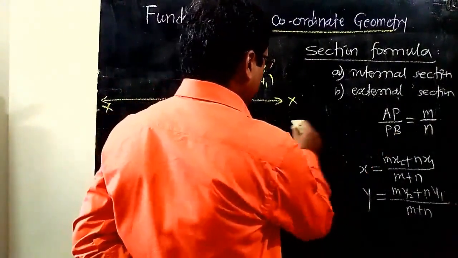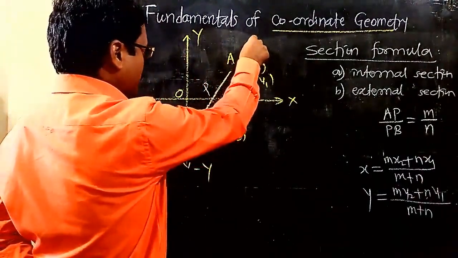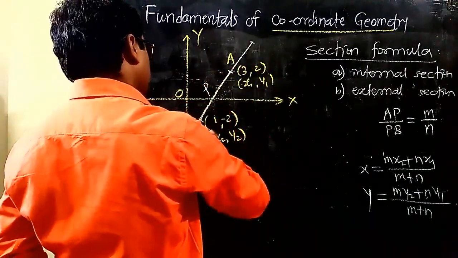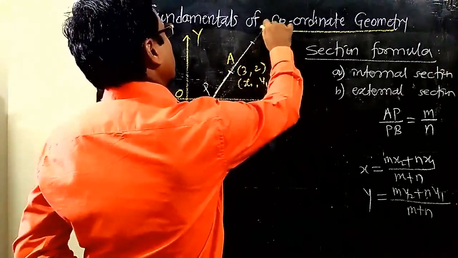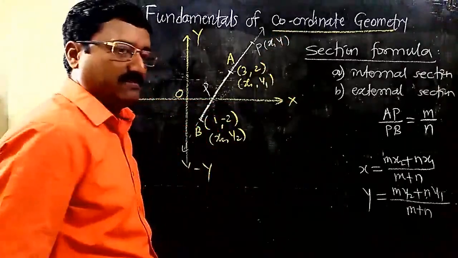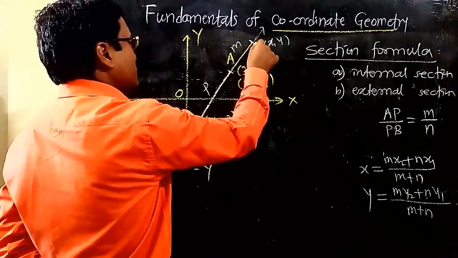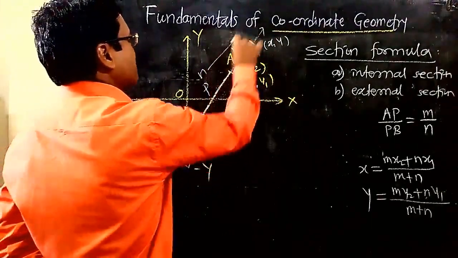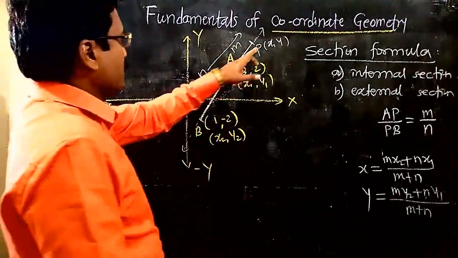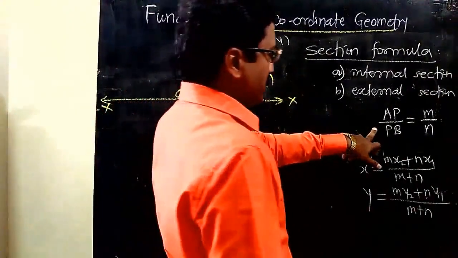Similarly, if a certain point P divides segment AB externally, which means point P is outside the segment AB on the line containing that segment AB. If point P is here, then its coordinates x and y can be found. Means if the distance of AP is m and the distance of BP is n, then we can say that AP upon BP is equal to m is to n. We can write the same here.